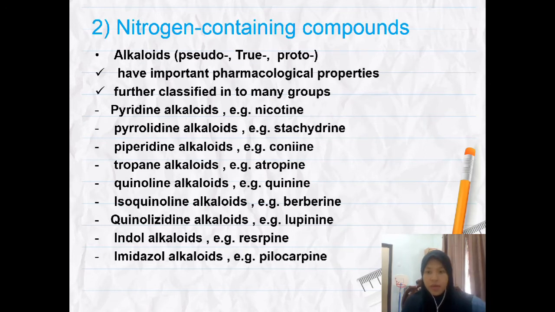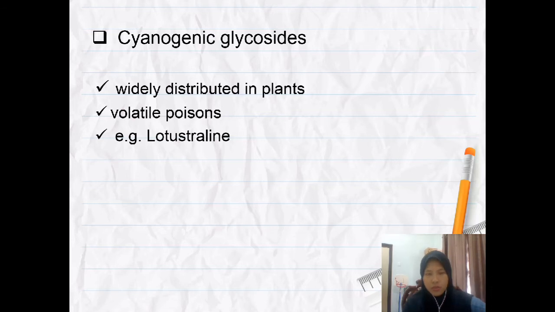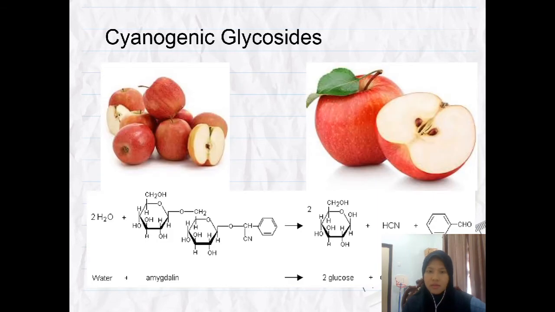The first group. Now the second group is the nitrogen containing compounds. So inilah sebenarnya alkaloids yang banyak kita duk sebut tu. Okay, so the major group bawah nitrogen containing compound is the alkaloid. So maksudnya dari situ kita tahu alkaloids ni dia ada nitrogen dekat dalam compound dia. Okay. So contohnya this one. Cyanogenic glycosides. So cyanogenic glycosides ni dia sebenarnya is a natural plant toxin. Okay. So natural plant toxin ni maksudnya